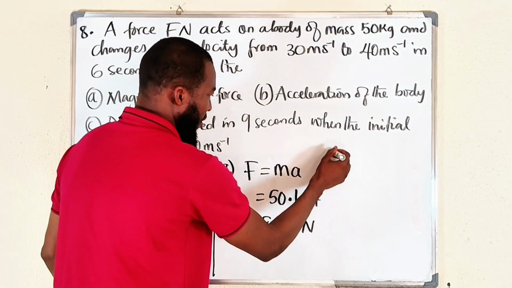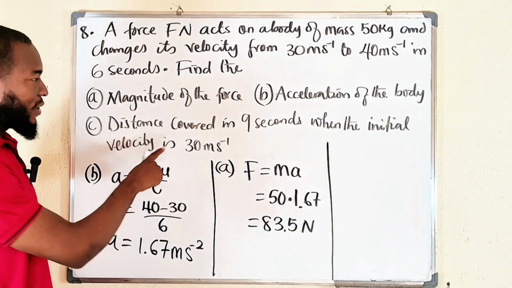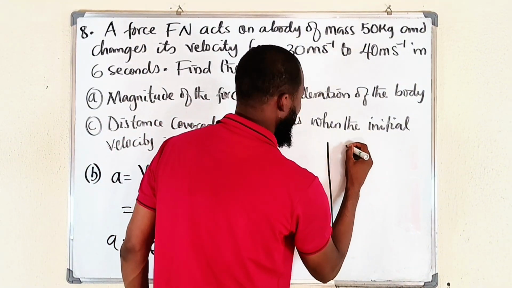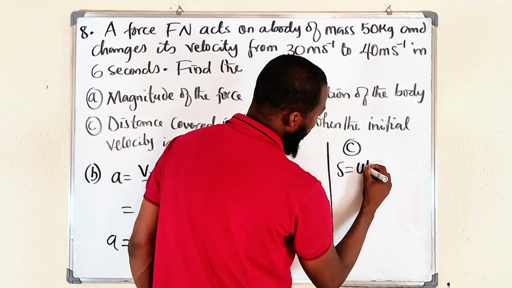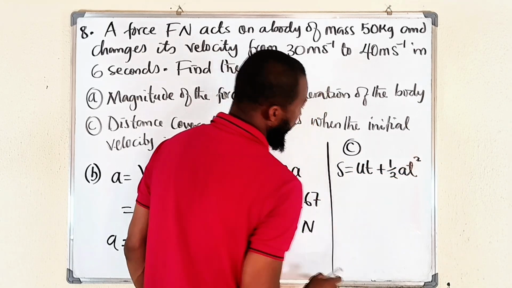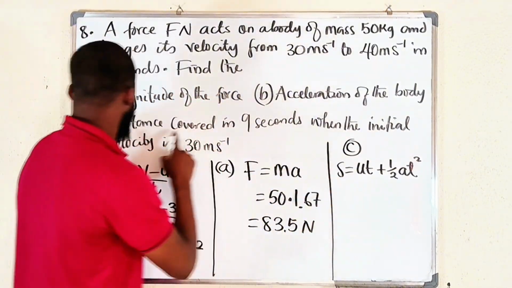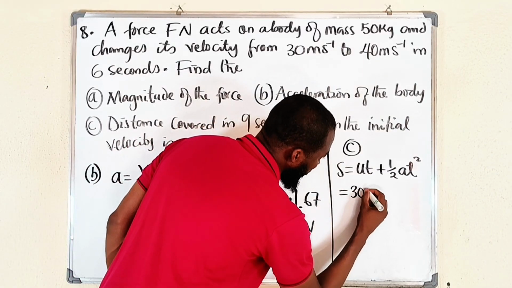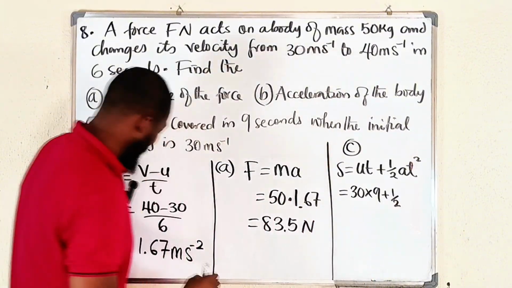So the last one, which is the D part, we are looking for the distance in 9 seconds. So we are going to use this distance formula, S equal to UT plus half AT squared. U is the initial velocity, which is 30. T is 9. So this is equal to 30 multiplied by 9 plus half. A is